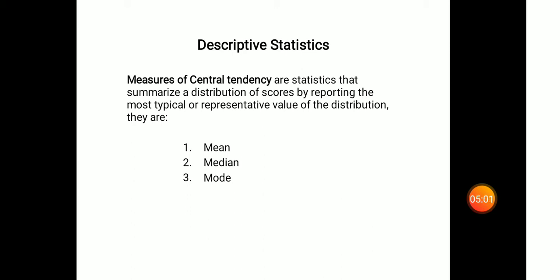So how will you calculate median? Arrange all the numbers either in ascending order or in descending order. Then check the number of observations that is given there. If it is an even number of observations, then there will be two values at the middle. Take the average of that, you will get the median. If it is an odd number of observations, then there will be only a single value at